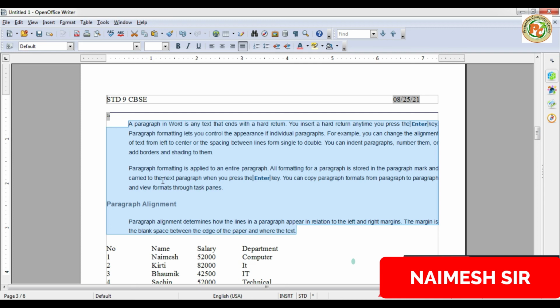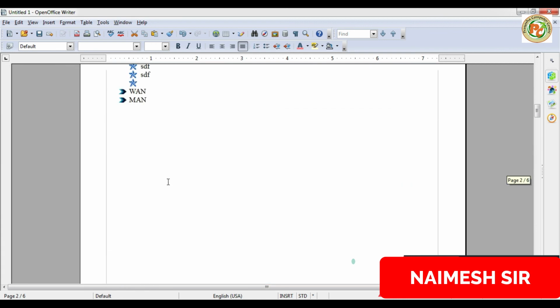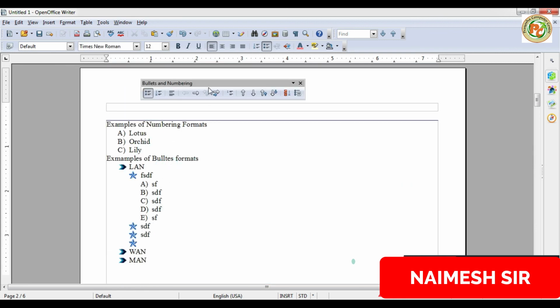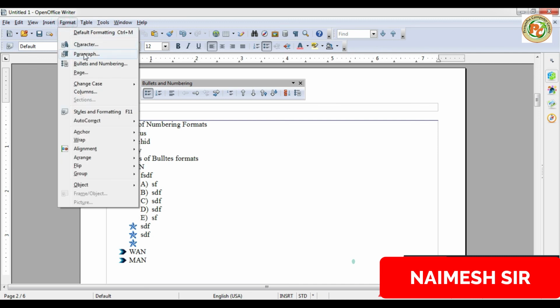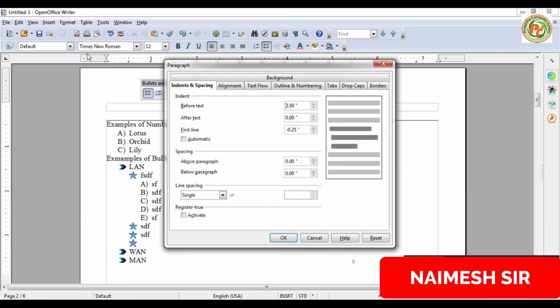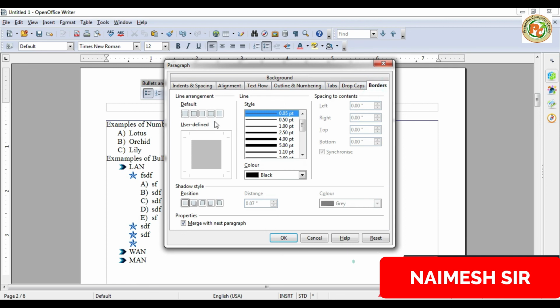Now for the remaining tasks, suppose we want to add borders and background color, so we can also add borders and background color. Select here, and to do so we are going to click on Format, then Paragraph. From Paragraph we have the Border option, so click on Borders and assign a specific border, whatever you want.